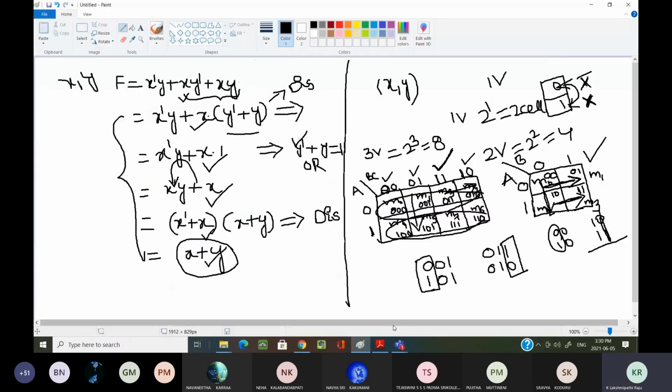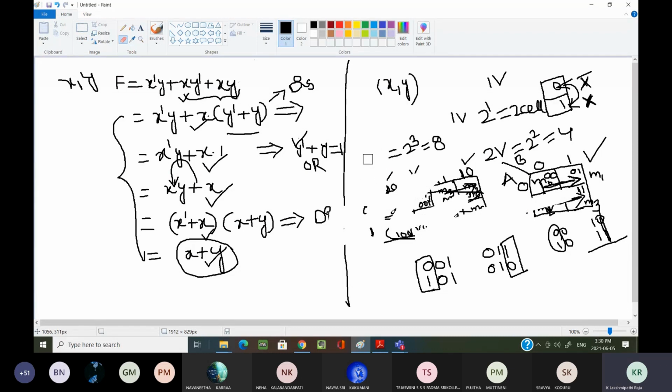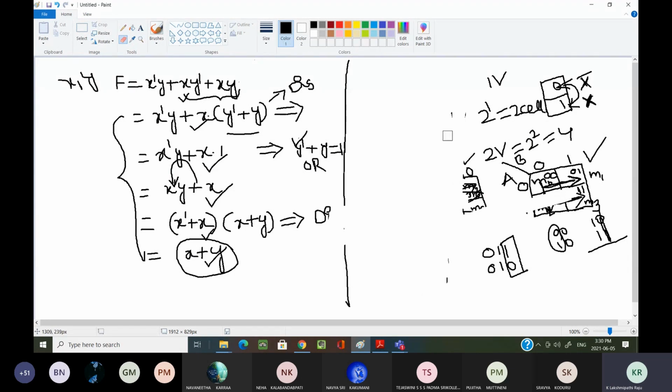I can show you the 4 variable K-map. Before this, I can simplify the expression. First I will complete the 4 variable K-map, then we will come back to the simplification procedure, how we can simplify, and what the different terminologies are that we are using here.